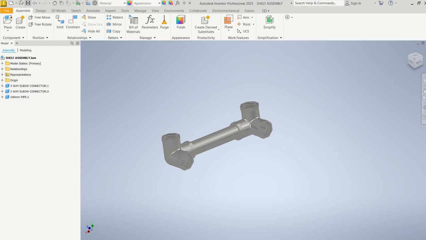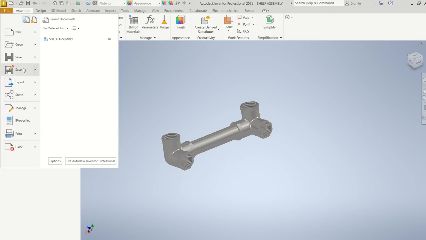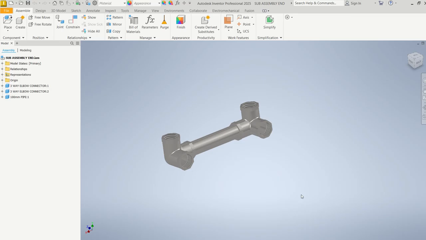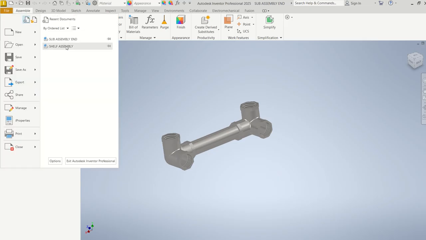I could go save this, go File, Save As, and rather than call it shelf assembly, I could call it sub-assembly. I could call it sub-assembly 1, or sub-assembly end, or whatever. Give it a name and go save. All right. So that's my sub-assembly end. So the reason you do that is because when I go open up my shelf assembly,